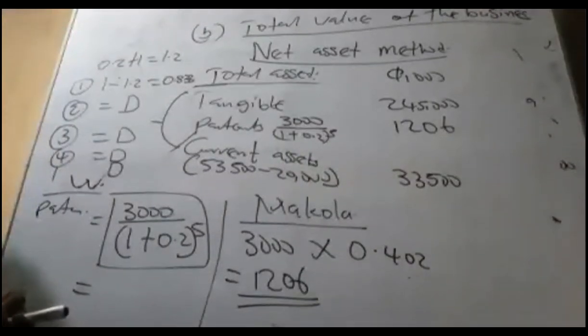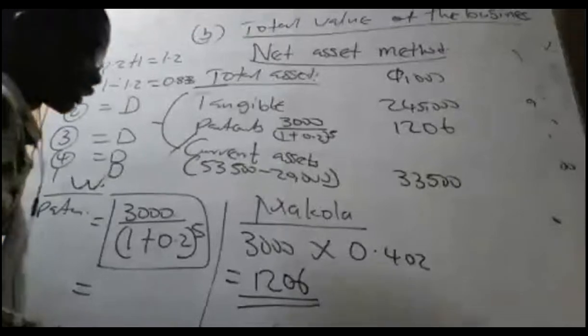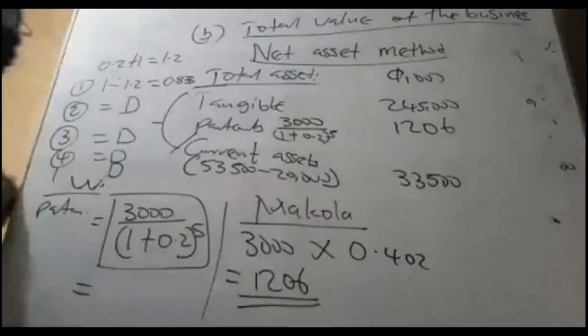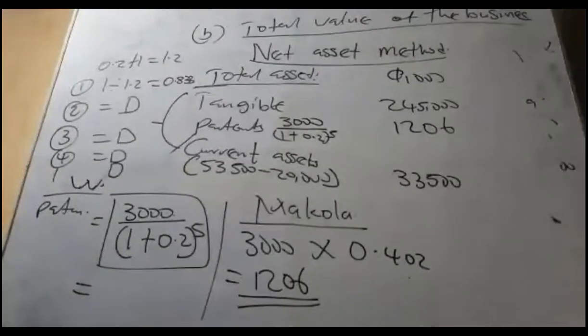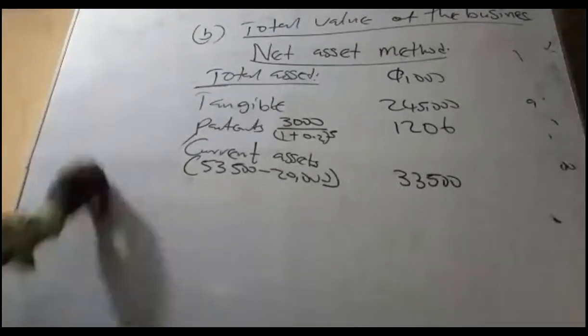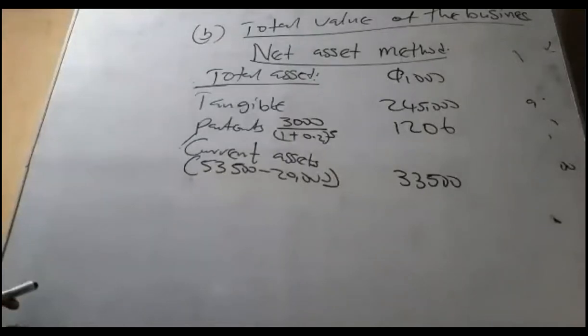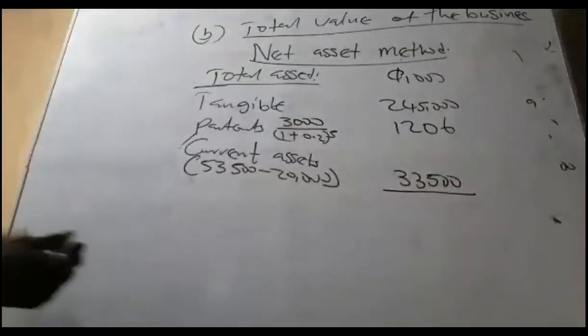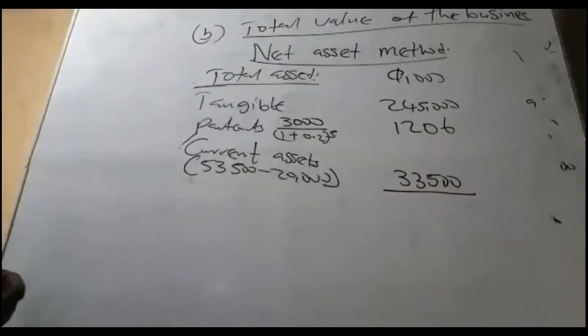Great. So I like your answers. Your answers are correct. All your answers are correct. So that is great. Good. So we have our main solution down. So we are done with the total assets. We sum them up. So the total assets 245,000, 1,206, and then 33,500. That should give us something like